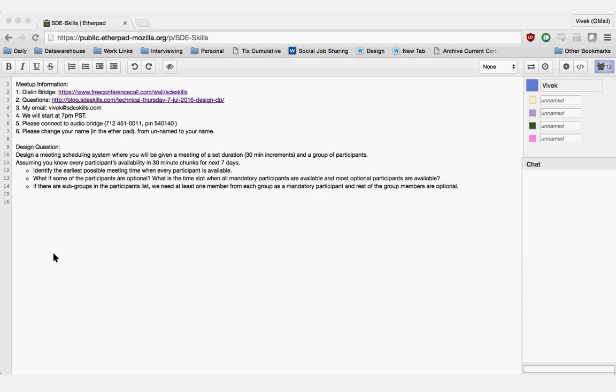Let me just ask one question to clarify. Go ahead. When you say 30-minute increments, the input will have the start time and end time, right? The interval will have the start time and end time of every 30-minute increment. Yeah, the 30-minute increment is just to simplify the problem space.